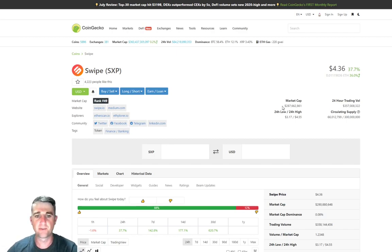We have a market cap of $287 million with a 24-hour trading volume of $357 million. Total supply of Swipe is 300 million, and we have 66 million of them in circulation currently. As you can see, over the last 24 hours we've had quite a significant swing, with lows of $3.17 and the highs, which were the all-time highs, of